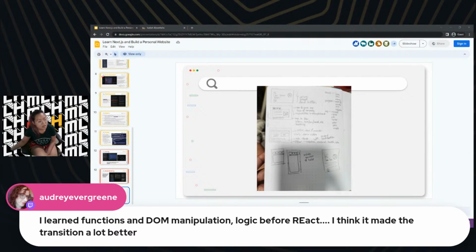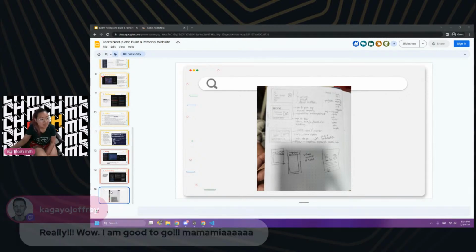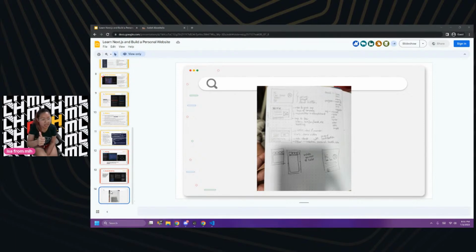Thank you. That's helpful. The DOM manipulation one I think started being helpful for me once I went into, for example, APIs and all of that territory. Before I was just making static websites. For making static websites, Joffrey, you're already good, if you know basic syntax. Once you get into making more functionalities, more interactivity, that's when you need to learn more. It's incremental. But for now, you're good to start.